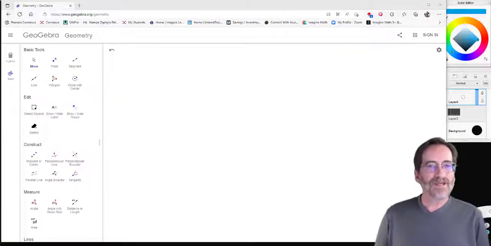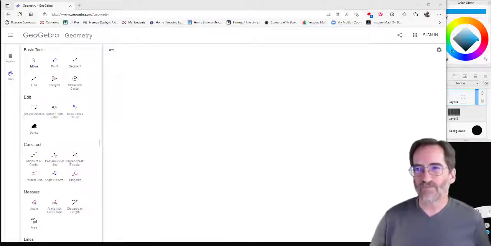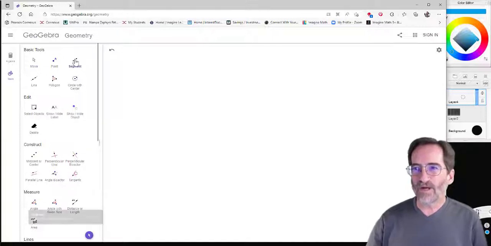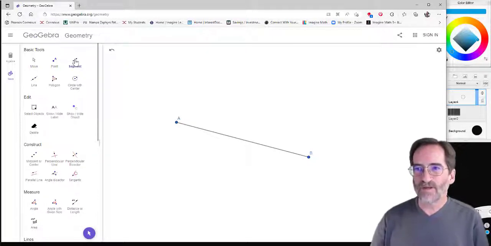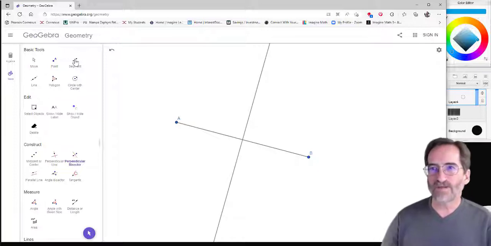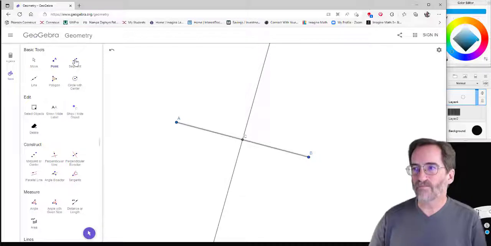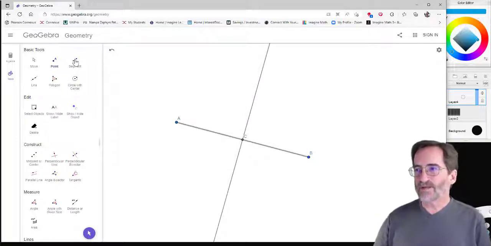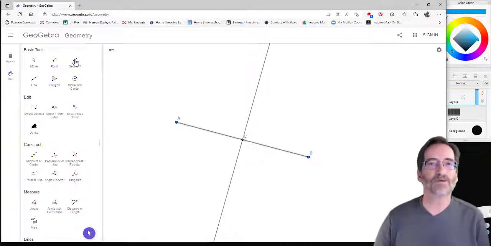Okay. We're looking at perpendicular bisectors and angle bisectors and some of the properties associated with them. So I'm going to start by drawing a line segment using the segment tool, and then using the construct tool and the perpendicular bisector tool, constructing a perpendicular bisector. I'm going to go ahead and put a point C on there, right at the midpoint. So AC is congruent to BC, and the angle formed by the line and the line segment is 90 degrees,